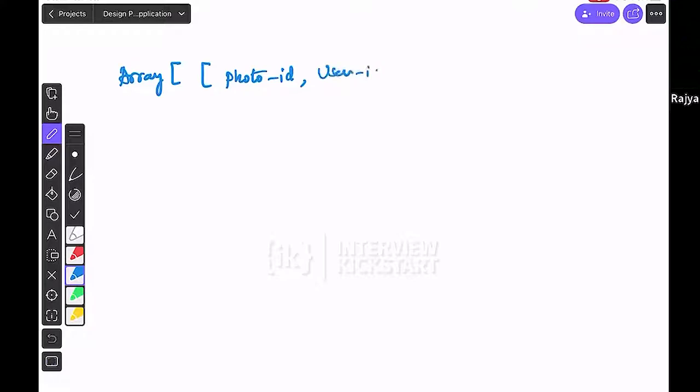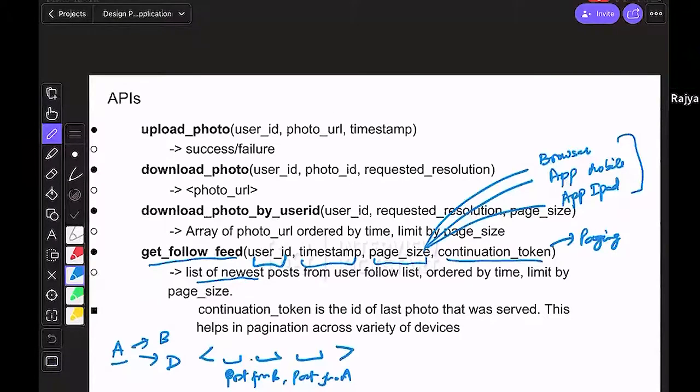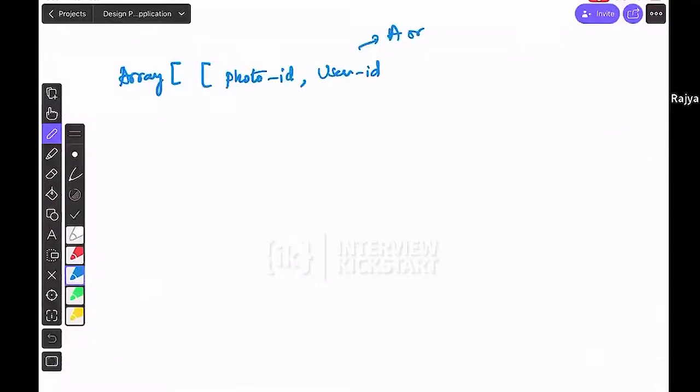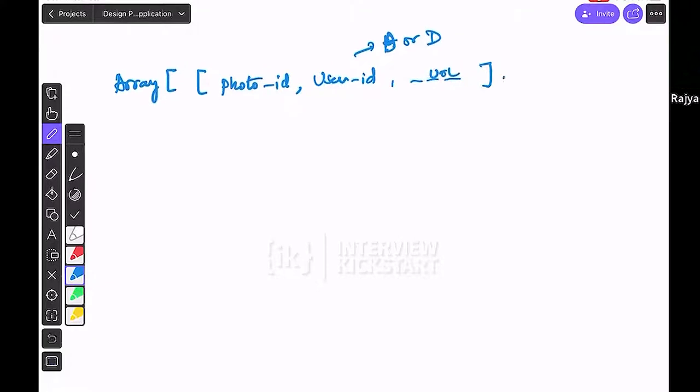So in this case it could be A, or this user is following B or D. So in this case it will be B or D, and some other additional parameters could be there. The actual URL would also be there. Right? So in this way, this array will be sent,